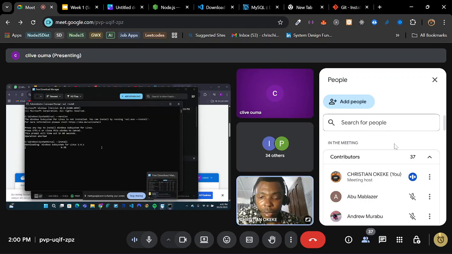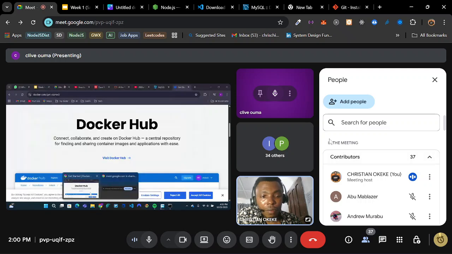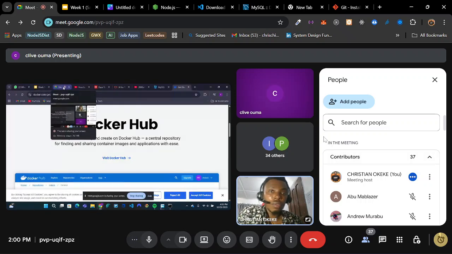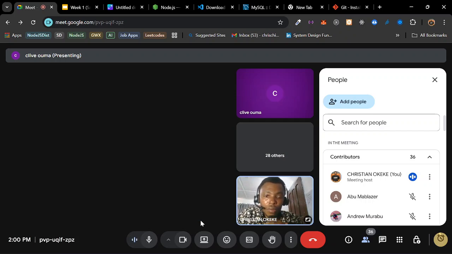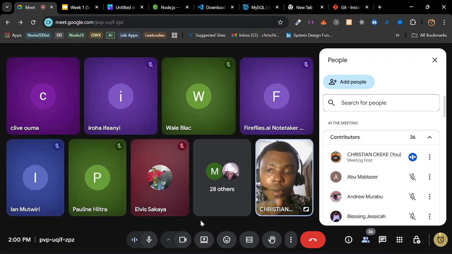When it downloads, you can install. Docker is kind of tricky. It's kind of stubborn. You may encounter some issues, but you can reach out to me when you want to resolve them. Is anybody doing the same thing? If you want to install anything, if you're having a problem with anything,